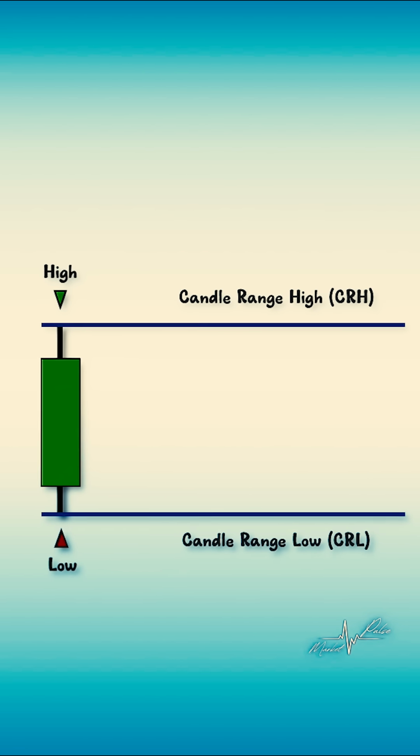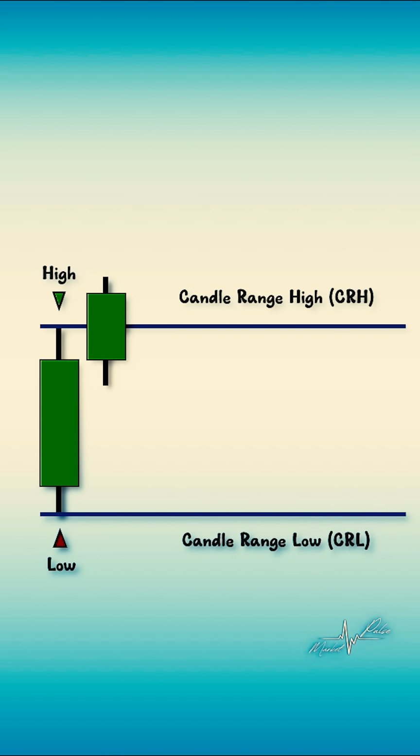If instead we see the second candle close above the CRH, then the potential candle range theory setup becomes invalid. This is because it's more likely that the market will continue pushing upward rather than targeting the low of the